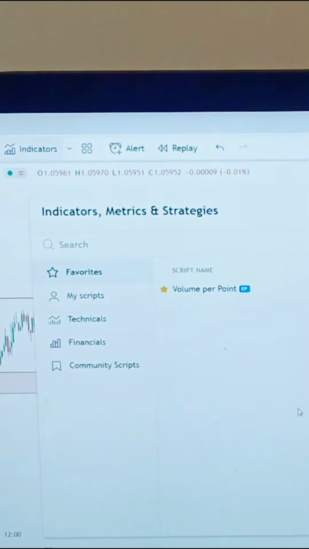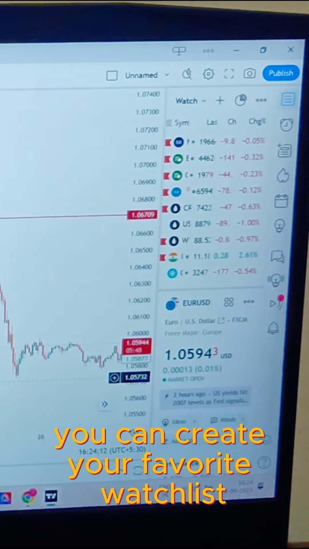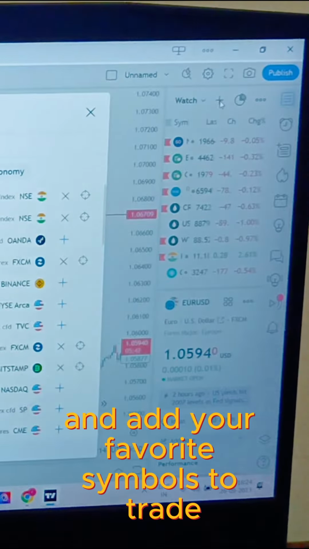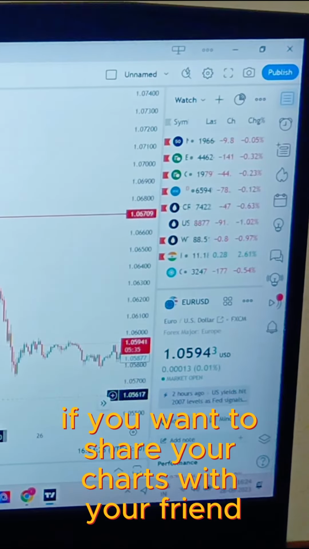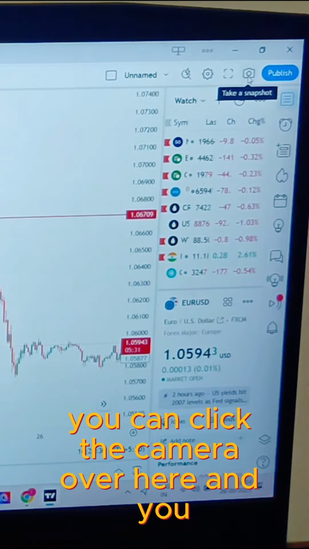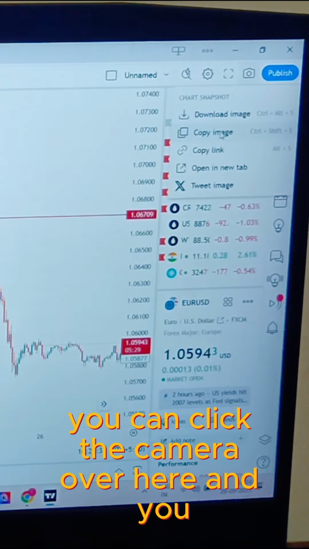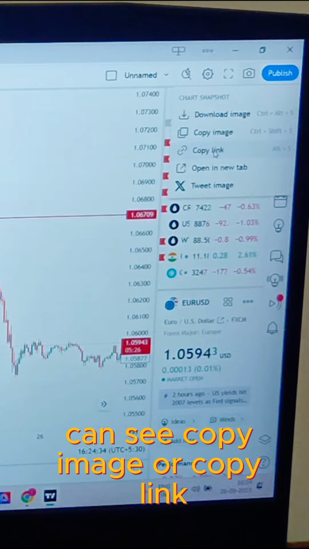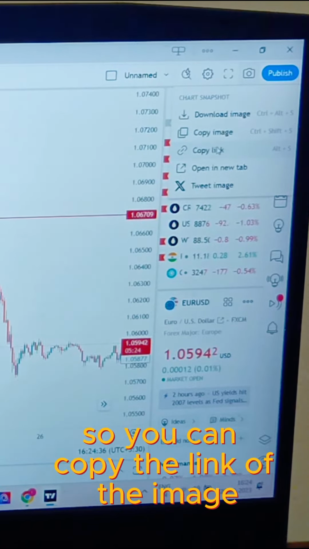RSI, anything you want. You can create your favorite watch list by clicking over here and add your favorite symbols to trade. If you want to share your charts with your friend, you can click the camera over here and you can see copy image or copy link, so you can copy the link of the image and share it